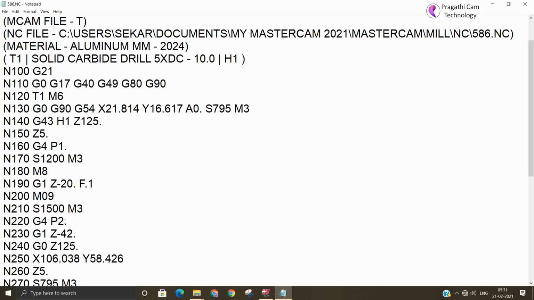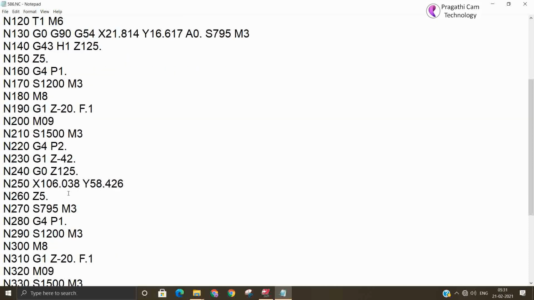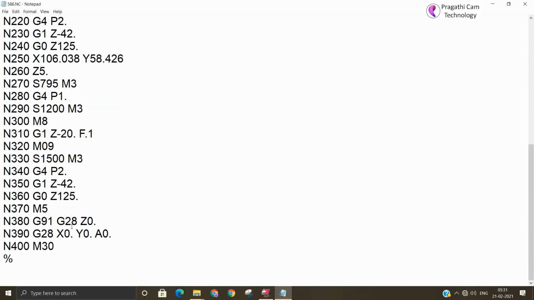Then finally it retracts to set 125 and X5 it moves. If you want this to become G83 or whatever drill cycle, it may be customized in the post processor. Okay, so that's a different thing. But at present we have only the normal drill.